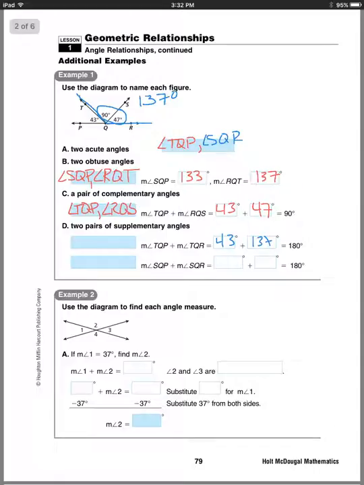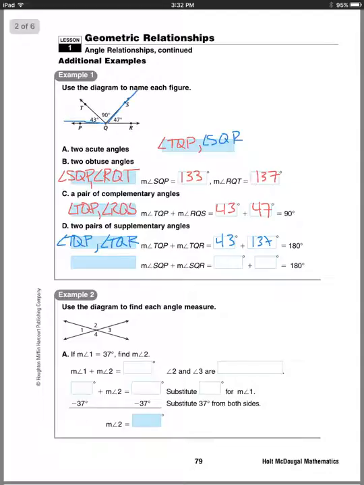And when you add those together, you get 180. So we're going to do side, vertex, side, and then we also will do side T, vertex Q, side R. Now we need to find a second pair of supplementary angles. So we're going to do the same thing we did with the obtuse angle again. And we're going to look at